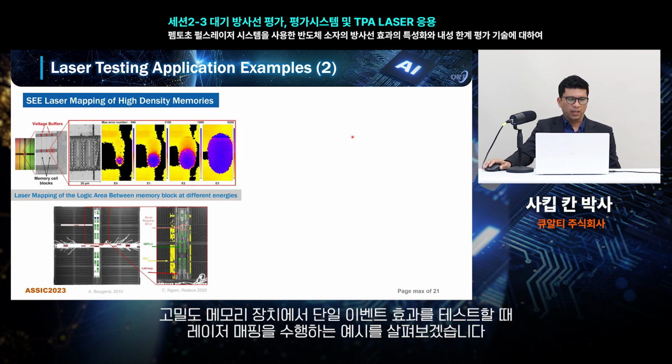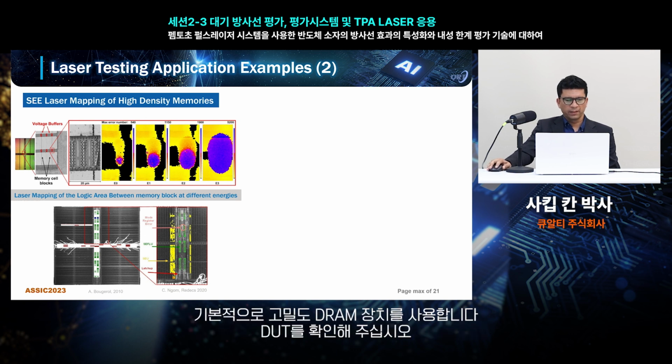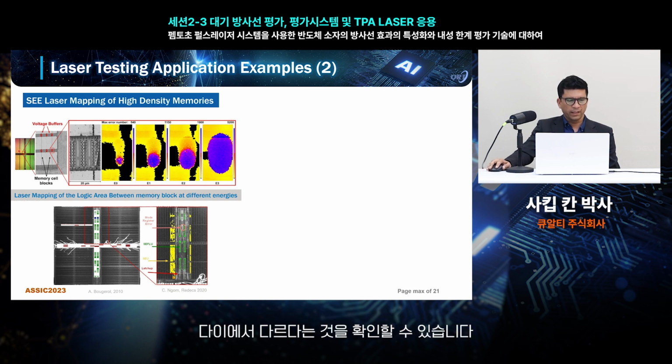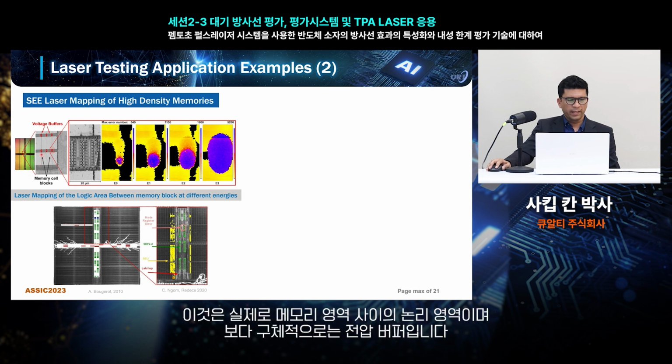This example shows how single event effect laser mapping can be performed for high density memory devices. This is basically a high density DRAM device. The DUT looks like this. You can see different banks on the die. This is the area which is actually the logic area in between the memory area, and more specifically, these are